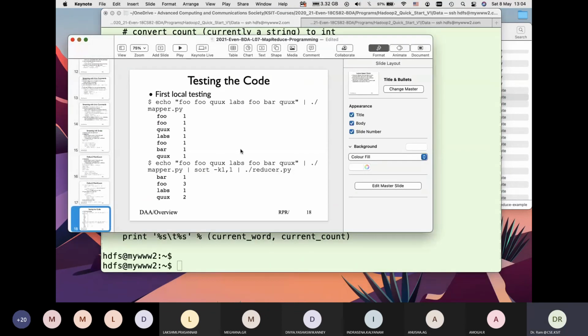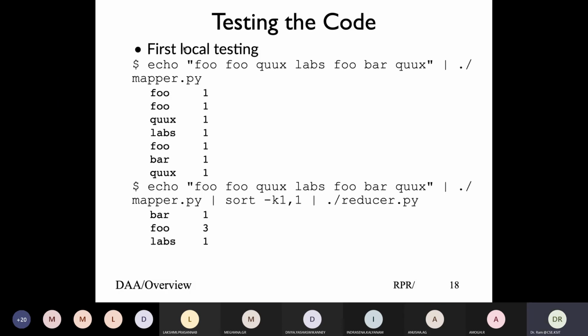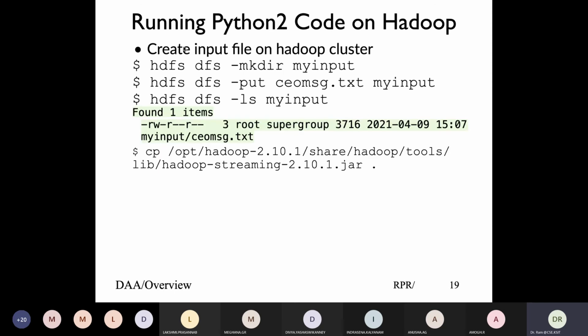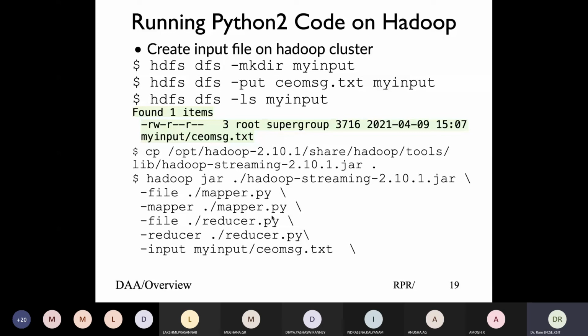Same thing. Now that I know the basic code runs, I can run that through my Hadoop framework. If you look at the Hadoop framework, it's basically the same thing: copy the file and specify the Hadoop jar, which is the streaming interface. When you're doing this, since you are using a program as a file and not a Unix command per se, you have to indicate the file path and then the mapper. If you are using command line arguments, then you specify in double quotes the Python mapper and those command line arguments. So do that for both mapper and reducer. You always need to give an input and you need to give an output.